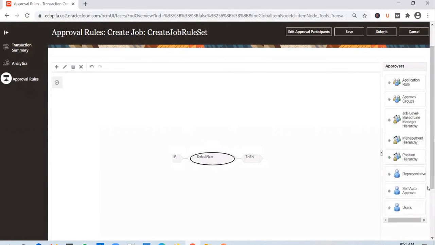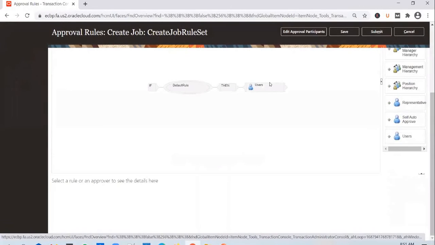If you look at the approvers, I know that I need to use this user option in the then clause. But you see there is a plus icon, but it's not enabled. So for this plus icon to be enabled, you click on the then clause, and then you notice that this plus symbol gets enabled, and you click on the plus icon, and then the user gets added.